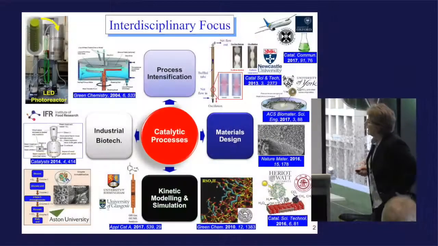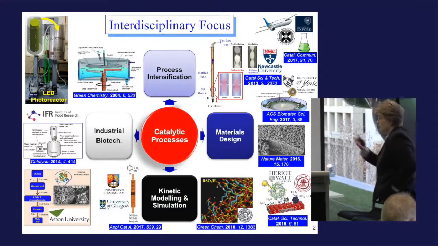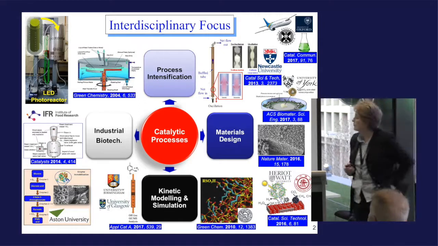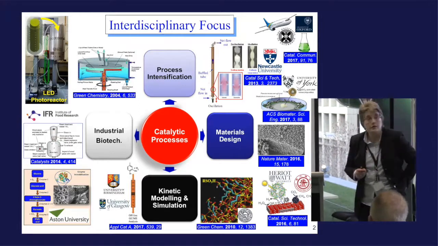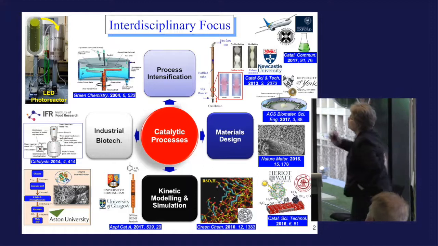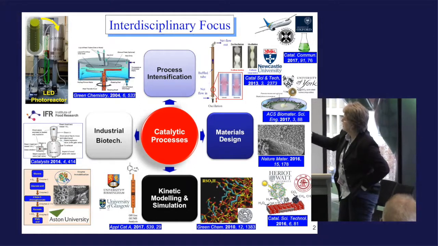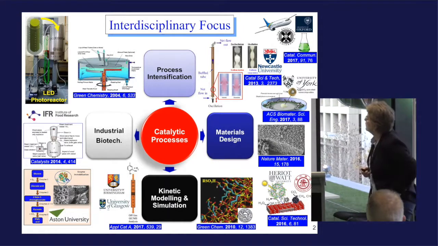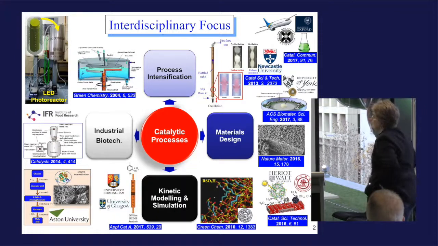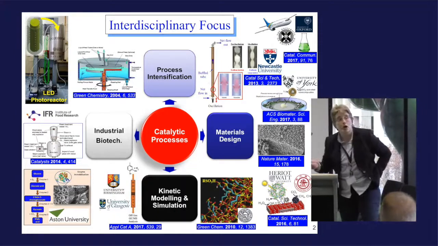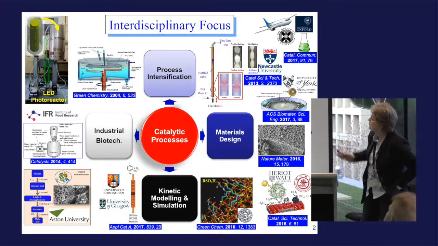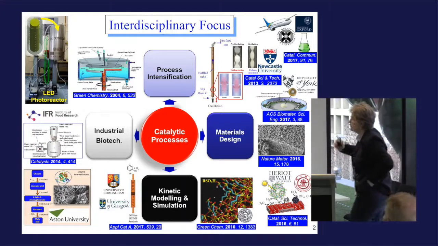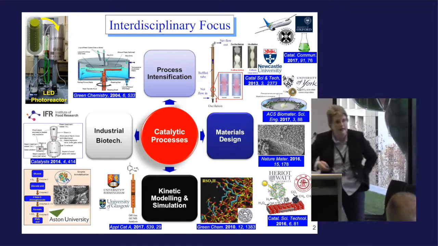So the group has an interdisciplinary focus. As Adam's just mentioned, we work a lot with chemical engineers, spanning a range of different process intensification, from LED photoreactors that will operate in flow to spinning disk reactors, oscillatory baffled reactors for reaction of liquid phase slurry processes, looking a lot at materials design, controlling the porosity and the pore architectures to control diffusion in materials, and also working with engineers looking at the kinetic modelling of those processes to see how we can optimise, again, mass